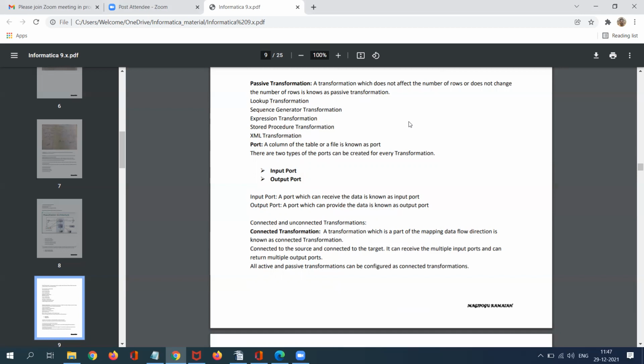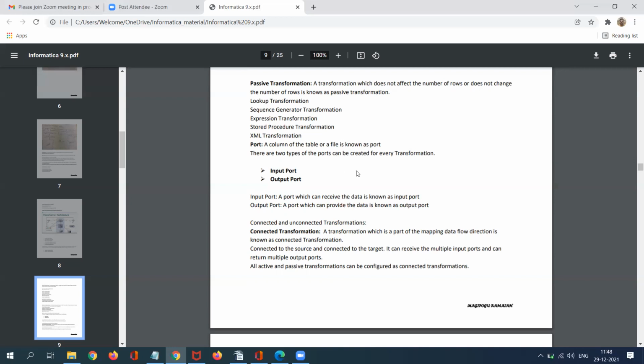Columns may change, but the record count will not change. However many records are coming, the same records will load into your target table. This kind of behavior and functionality is called a passive transformation. We have lookup, sequence generator, expression, stored procedure transformation, and also the XML transformation.